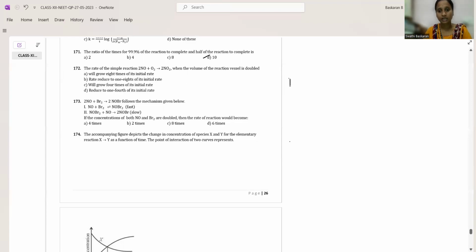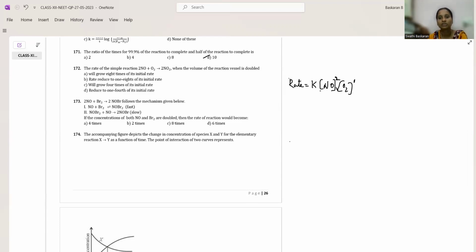So rate is equal to K into concentration of NO raised to the power 2, and then concentration of O2 raised to the power 1. Which means that the order of the reaction is identified to be 3. Now what we have to basically do is